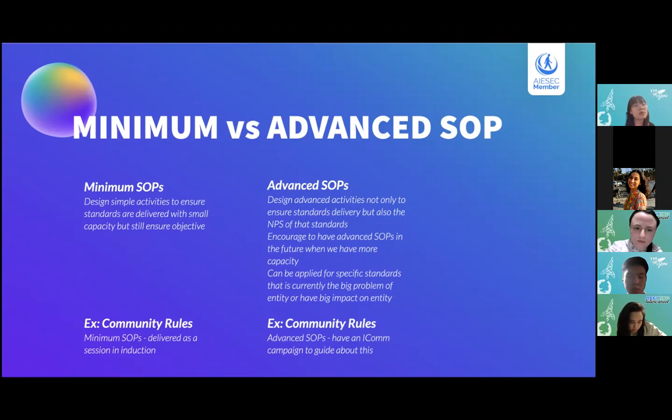So basically, at the minimum, it can be delivered as a session in the induction, talking about the community rules delivered by the brand, the VB brand. However, if we deliver in an advanced way, then we can also have an icon campaign guiding people about what the community rules should look like and what they need to communicate, how they can understand the basic way, and what to communicate and what not to communicate